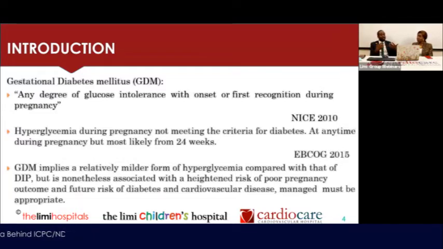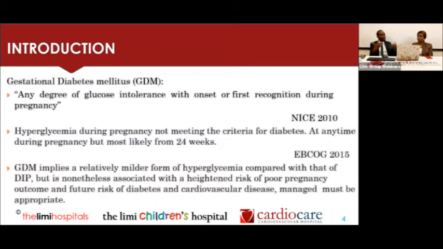And pregnancy, we assume, is a physiological state. And here is this glycemia going up. So it's actually important that we recognize it because it's associated with a high risk of poor pregnancy outcomes, right? Yes. And apart from the high risk of poor pregnancy outcomes, there's a risk in the future for diabetes and cardiovascular disease, both in the mother and actually in the fetus. Yes. So that is the reason why we actually need to talk about this, and we need to make sure that we're giving our patients the best care when they have diabetes